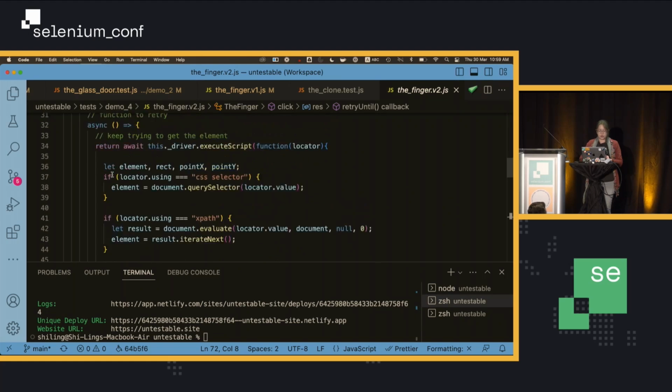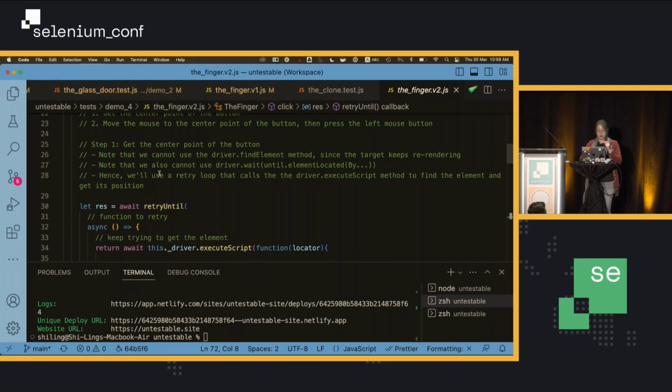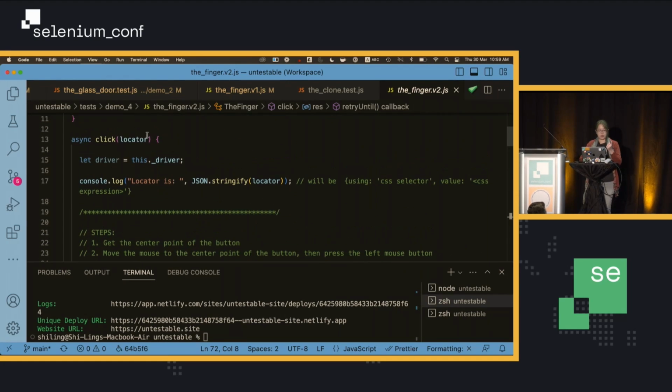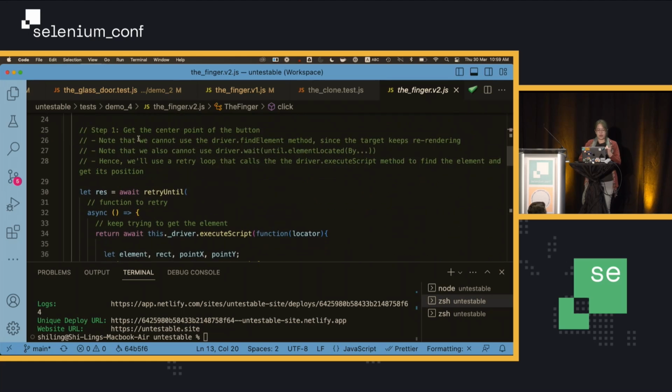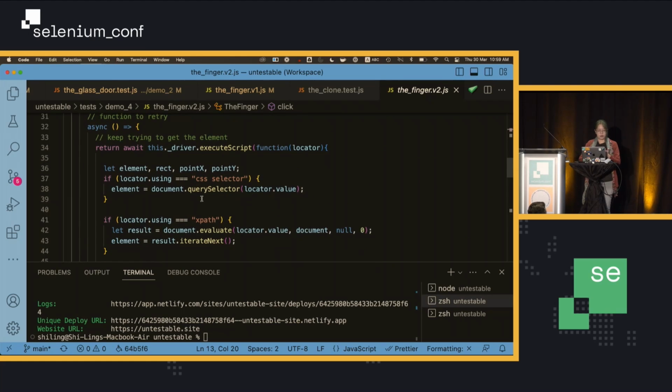This time, we have the locator that is passed in from the script itself. If you look at the By selector under the hood, it has a using property. It will tell you whether you're using a CSS selector. If you're using ID, it translates to a CSS selector anyway. If you're using XPath, then the locator.using property will be XPath instead.